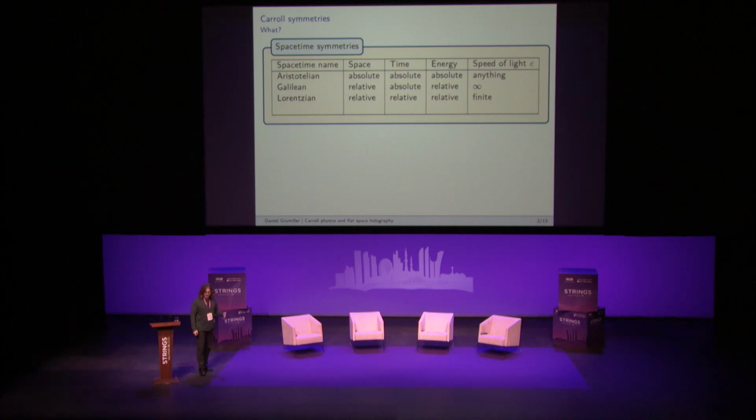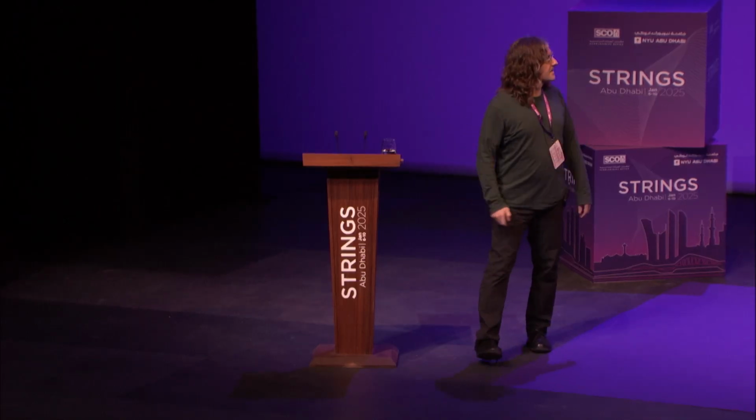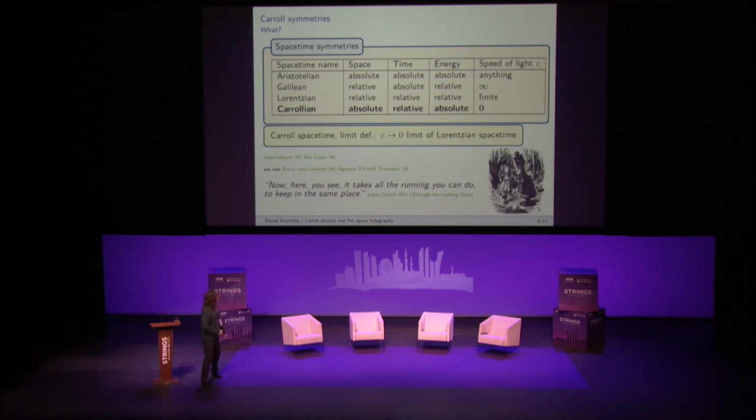They are space-time symmetries, and they complement the well-known Aristotelian, Galilean, and Lorentzian spacetime symmetries. And the distinguishing feature is that space is absolute and time is relative. So you can picture the Carroll spacetime as emerging from a c to zero limit of a Lorentzian spacetime, and as a consequence of this, the light cone collapses. So this led to the limiting definition of Carroll spacetime as a c to zero limit of Lorentzian spacetimes, and